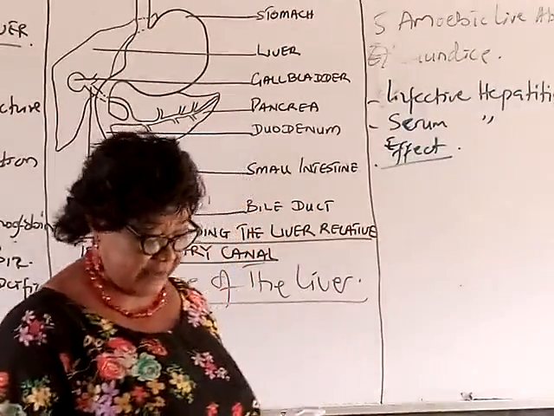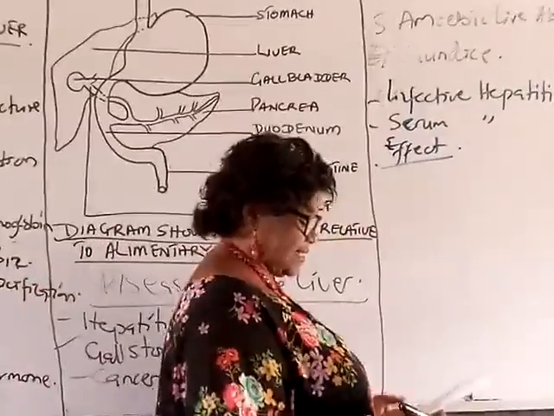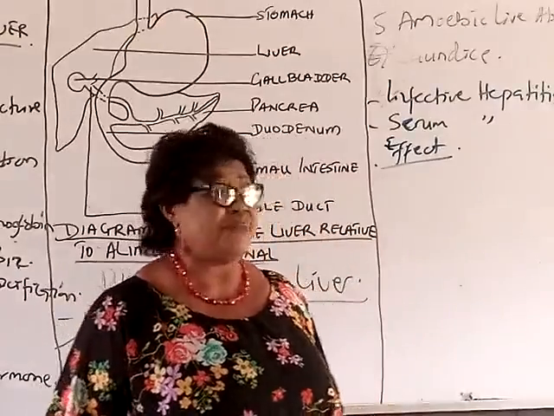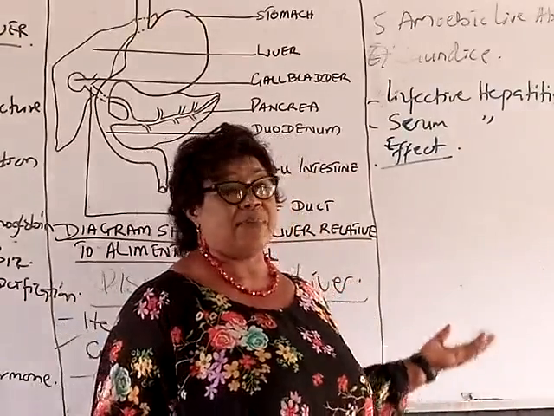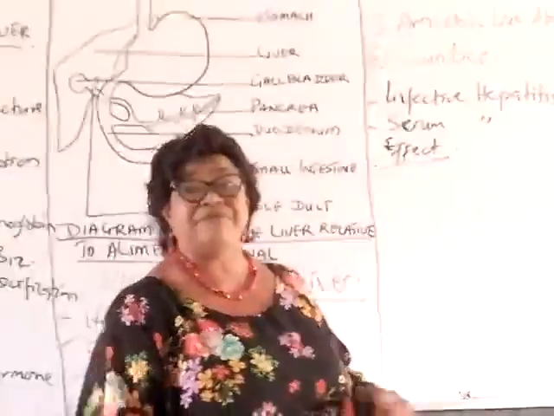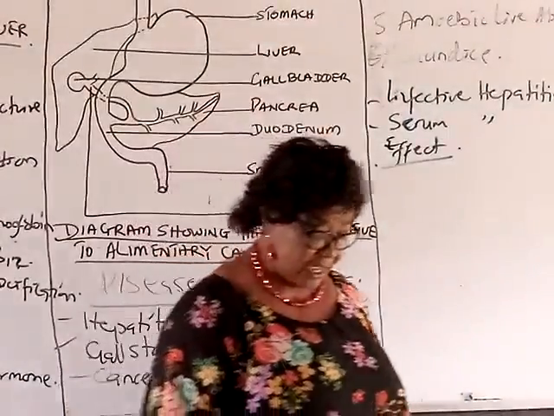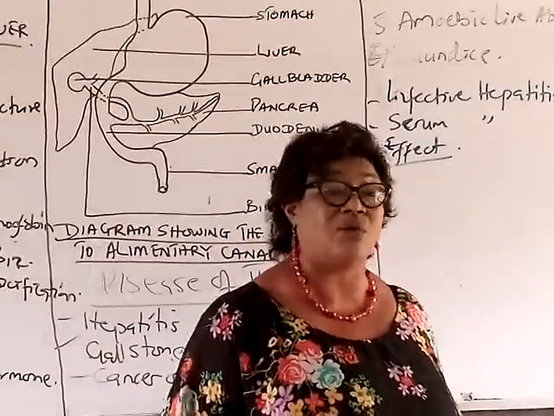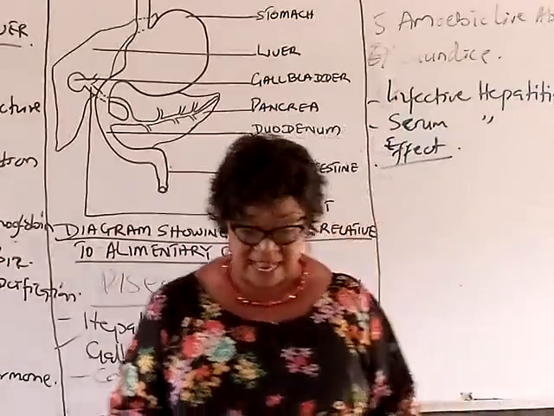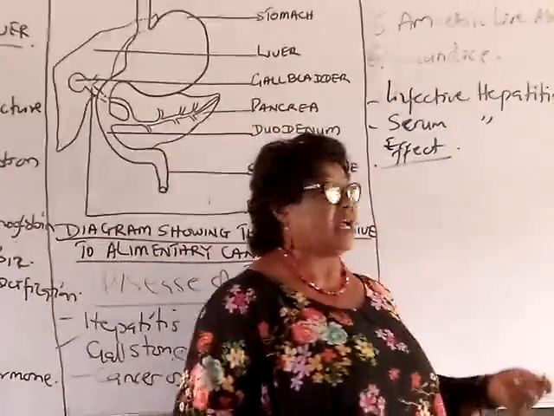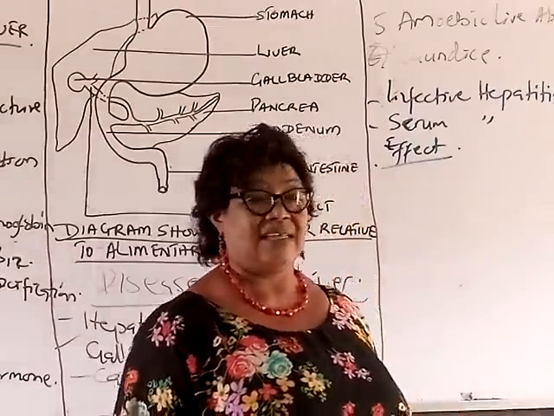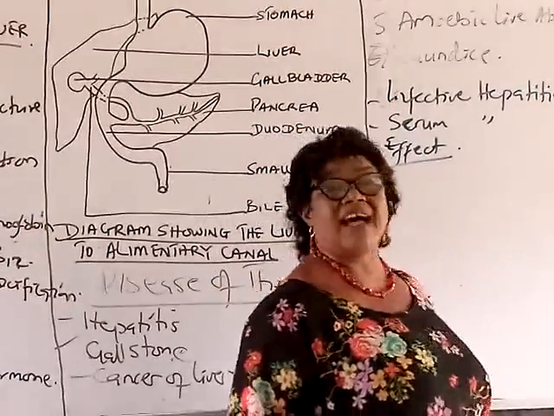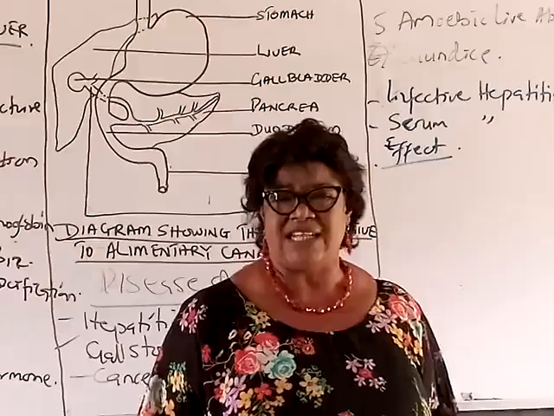The cancer of the liver is also caused by several factors. What are the factors that can lead to cancer? It could be as a result of what we eat, or other organs of the body that have been infected by one disease or the other. It can also be caused by too much sun. That's why we don't need to stand in the sun, what we call radiation, for a long time. It can also result as a disorder of uncontrolled multiplication of some cells. You know, cancer is just like a sore.